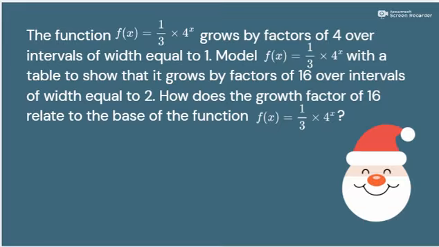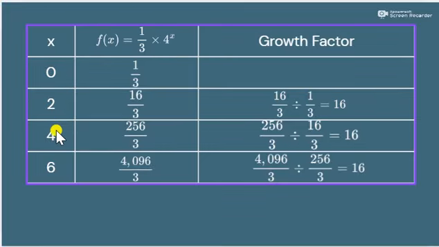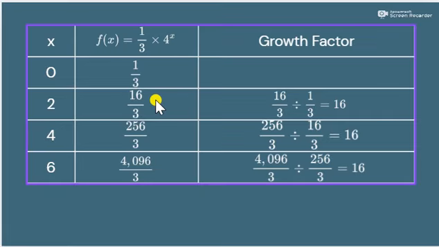So now we're going to have an interval of 2. How does the growth factor of 16 relate to the base of the function f of x equals 1/3 times 4 raised to the power of x? That's a really long, complicated way of saying what happens when the interval is 2. So we're going 0, 2, 4, 6. Plug these values into this formula and solve. You get 1/3, 16/3, 256/3,